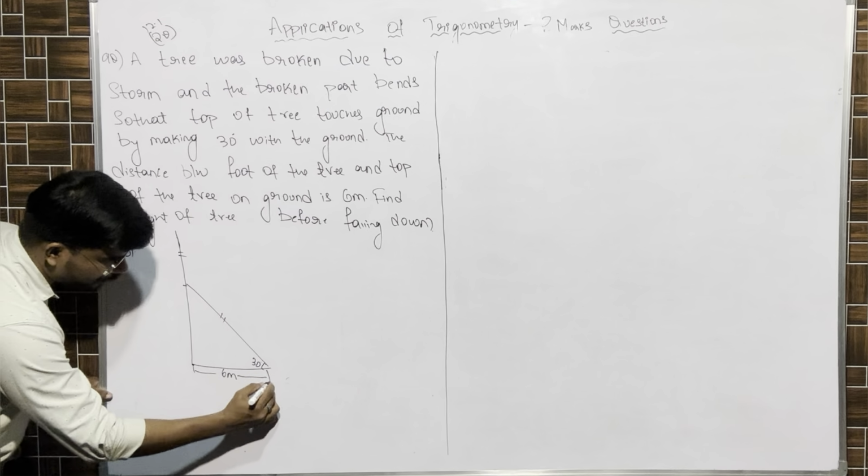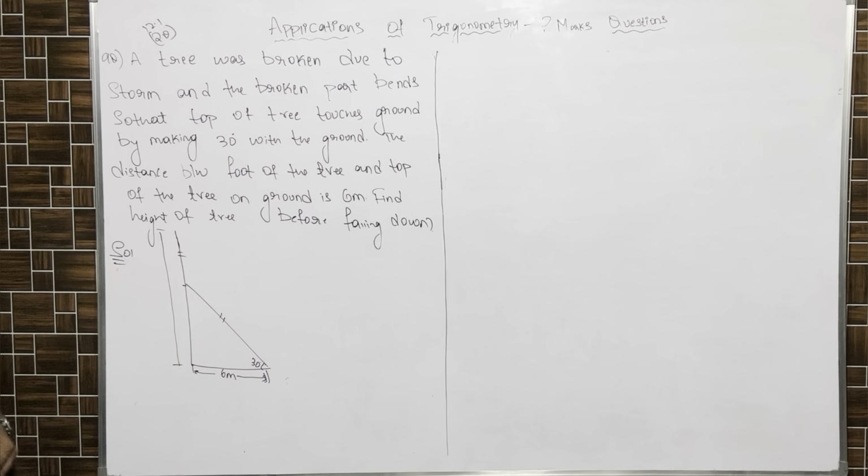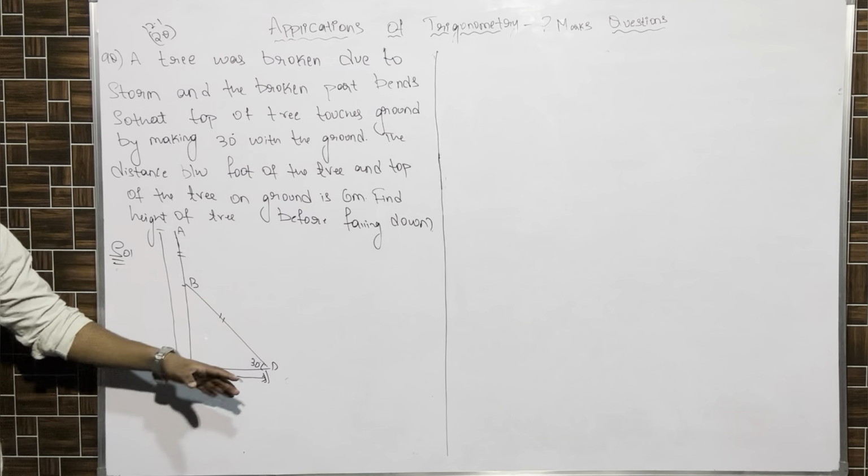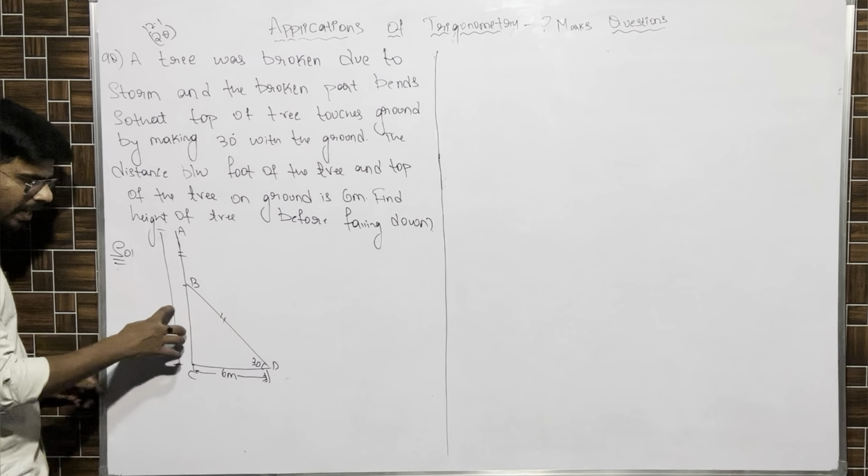We have to calculate the height of the tree before, this total height. In order to calculate this, first what do we have to do? Let us name this A, B, C and D. In triangle BCD, one of the angles is known, 30 degree. One of the sides is known. With respect to 30 and 60, we'll find this part BC. BC is half of the total height of the tree. From the same triangle, with respect to this 30 degree and 6 meter, we'll find BD, because this top part is nothing but BD. In order to find the top part, you'll utilize this triangle and find BD. Once we have BD and BC, we'll add BD and BC.